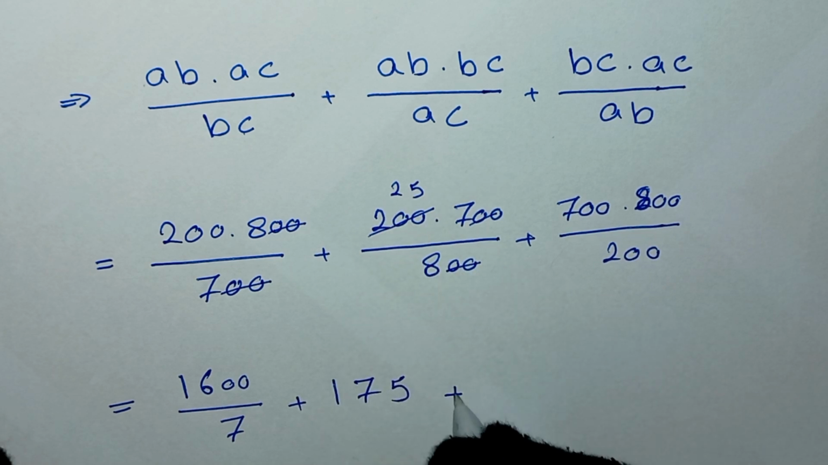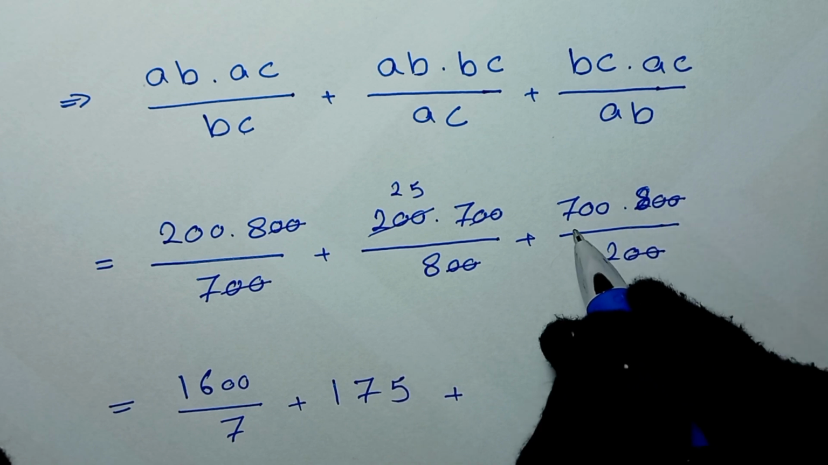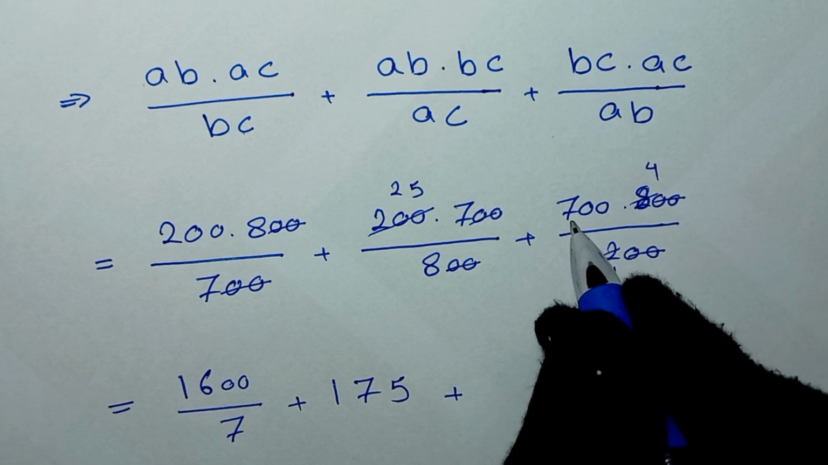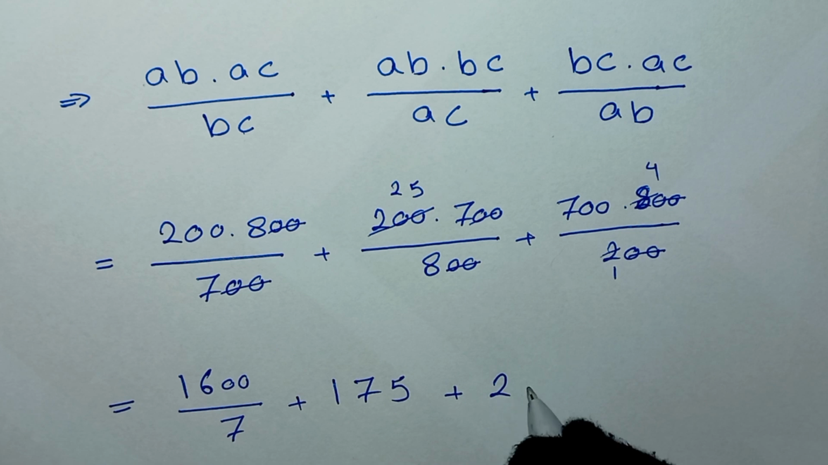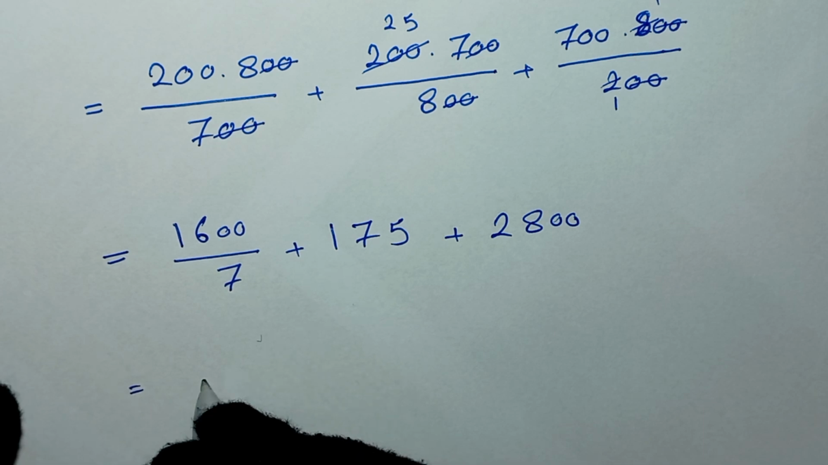175, and plus, here these two will cancel this, and 8 by 2 will be 4, and 2 by 2 is 1, so 4 times 700 will be 2800. And in the next step, we take a common denominator,